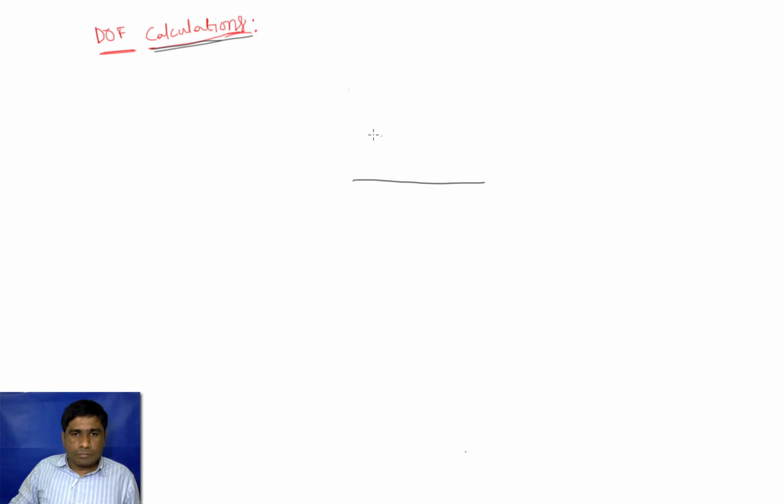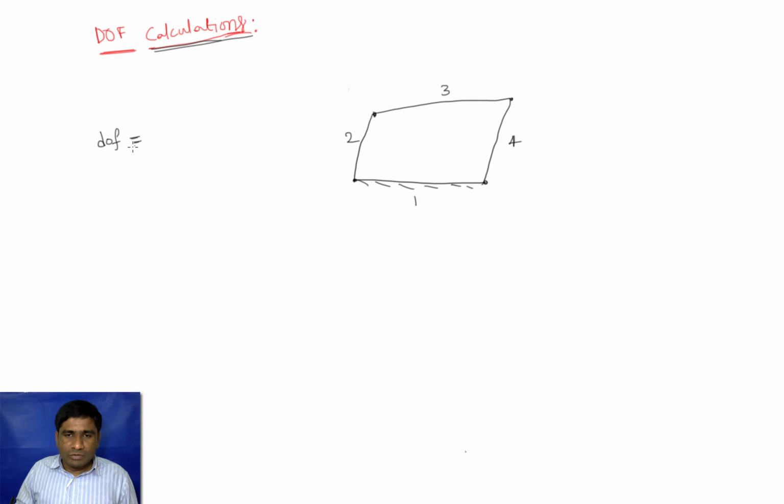So this is a 4 bar mechanism. This one is the fixed one, and let's say this is link 1 and this is link 2, link 3 and 4. All these links are connected by a pin joint or hinge joint. So here we need to find out the degree of freedom of this 4 bar mechanism, that is DOF equals our formula 3 into (n minus 1) minus 2p1 minus p2, where p1 equals the number of pairs having degree of freedom 1. So first let's find out the